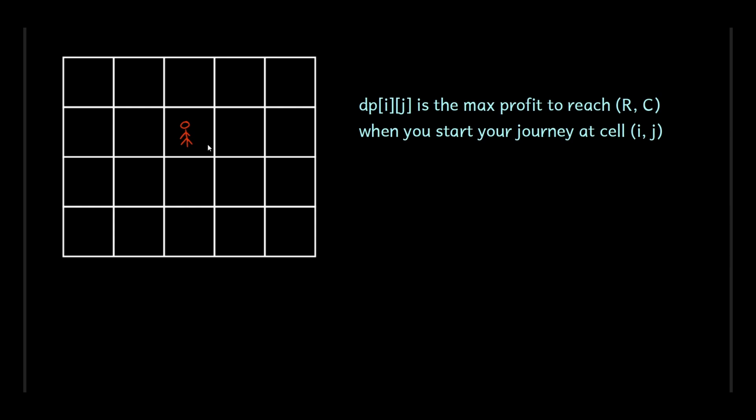And how do you populate this DP value? You can see that when you are at this cell, you can make two choices. You can either go to the right or you can go down. But once you have gone to the right, once you are at this cell, you are interested in asking the same question, that from this cell, which is I comma j plus 1, what is the maximum profit that you can get? Or from this cell, which is I plus 1 comma j, what is the maximum profit that you can get? So your DP transitions look like DP of ij